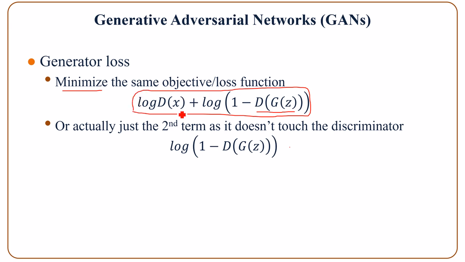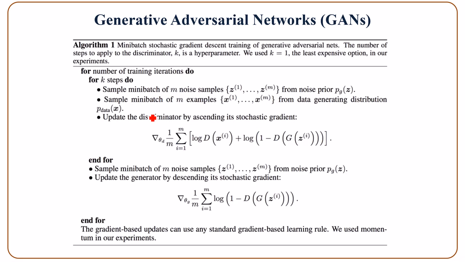And actually, we just need the second term because the generator doesn't touch the first term at all. So this is the loss function for the generator that we need to minimize. This slide shows the whole algorithm from the original paper, and that you can take a look